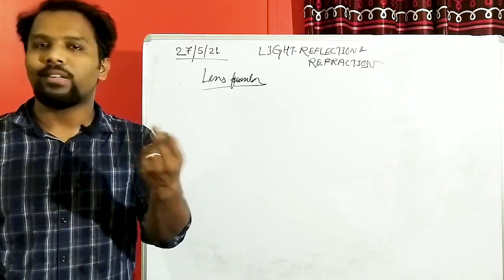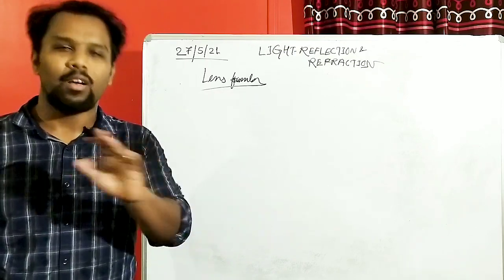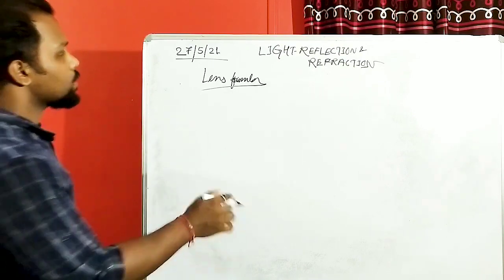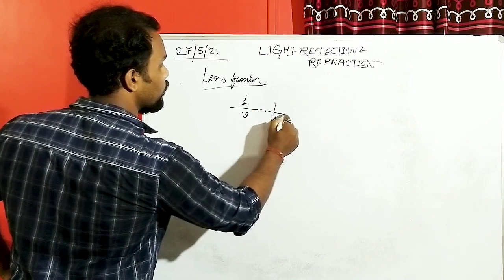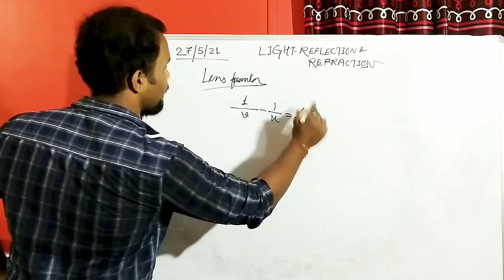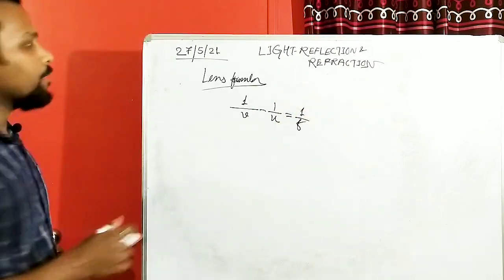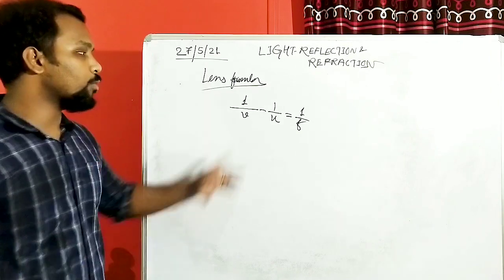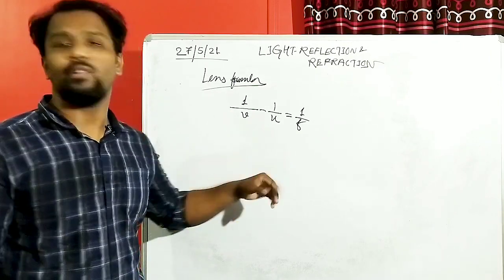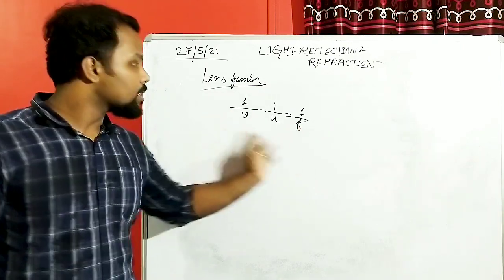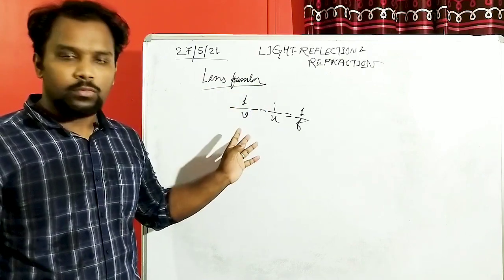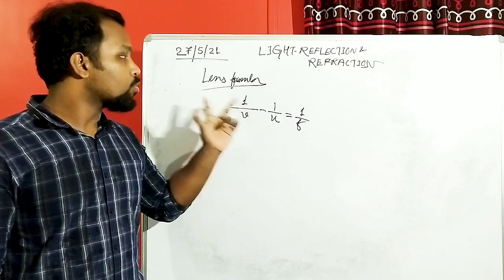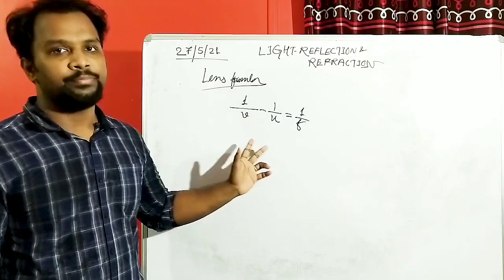But there is one difference in this lens formula. There is only a difference of sign. And that lens formula is nothing but 1 by v minus 1 by u equal to 1 by f. This is the main lens formula, with the help of which, if you are given object distance and image distance and need to find the focal length, you use this formula. You can use this relation whenever two of the three quantities are given.